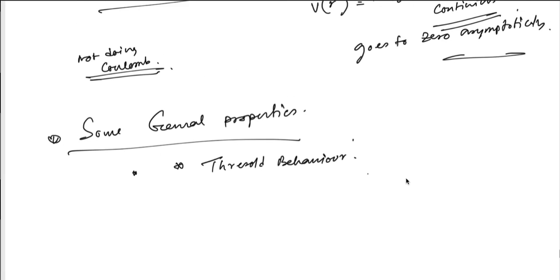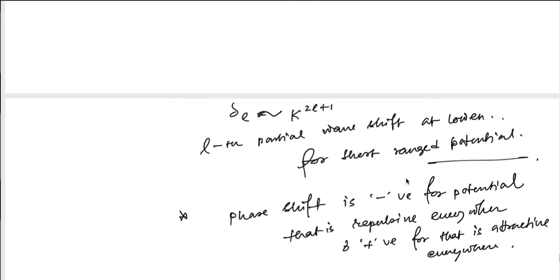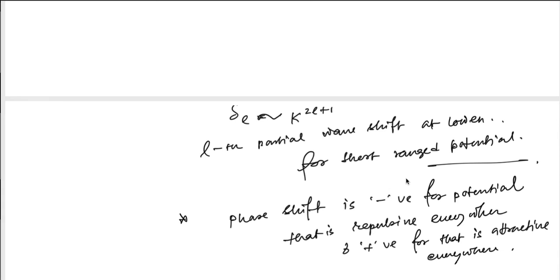Okay, now there are some general properties of this kind of problem. One thing is the threshold behavior. So what is threshold behavior? Threshold behavior is the observation of this point, that this delta_L is nothing but proportional to K to the power 2L plus 1. The phase shift in the partial wave at low energy behaves like that,